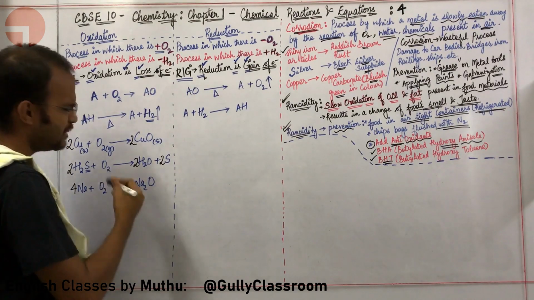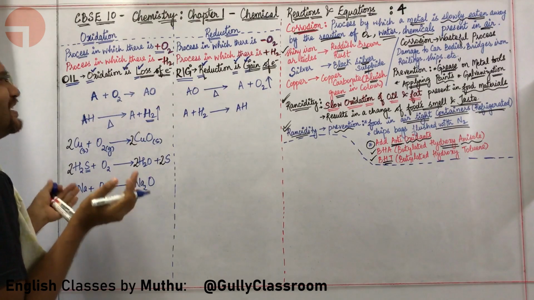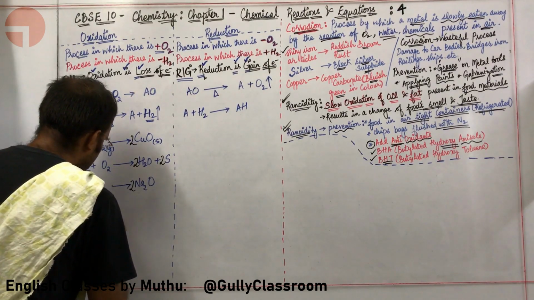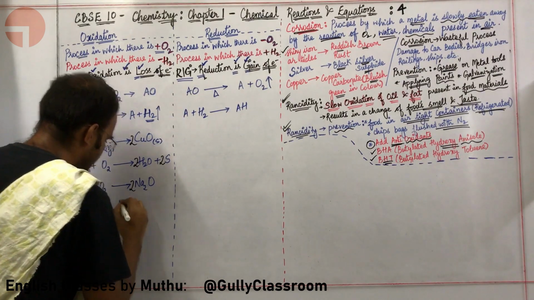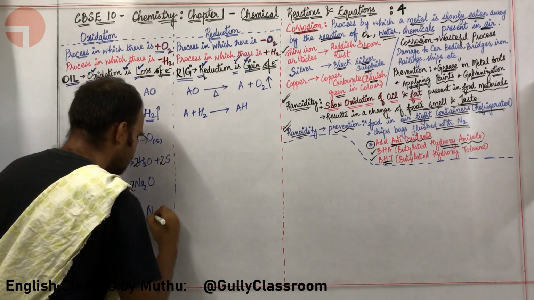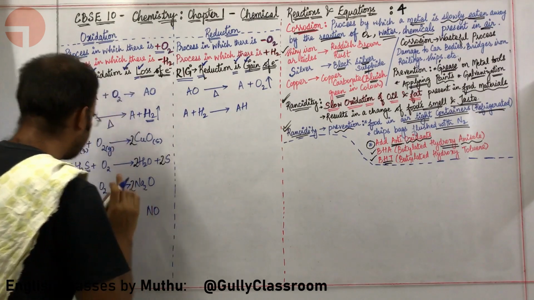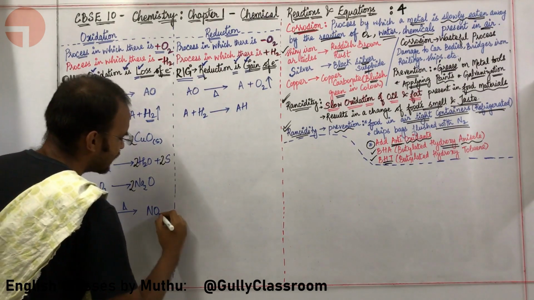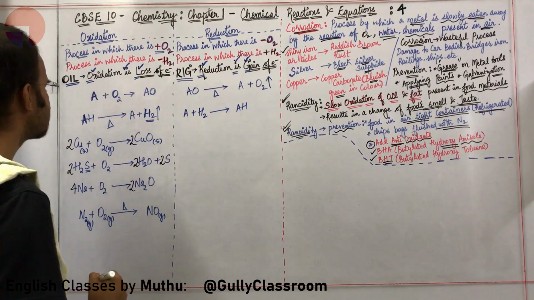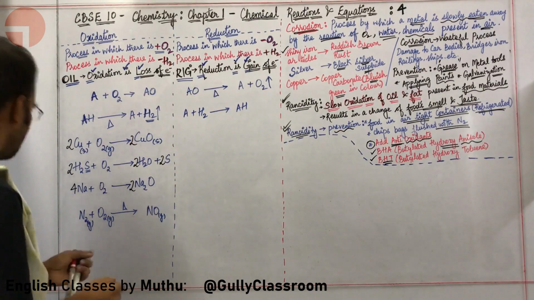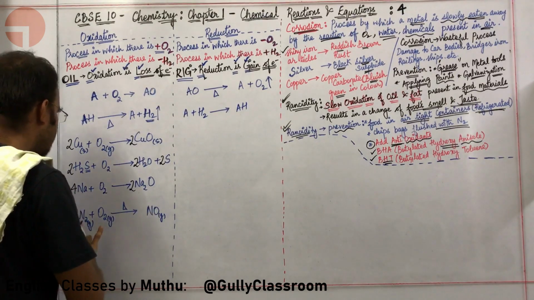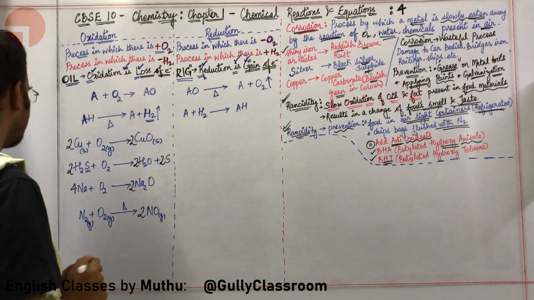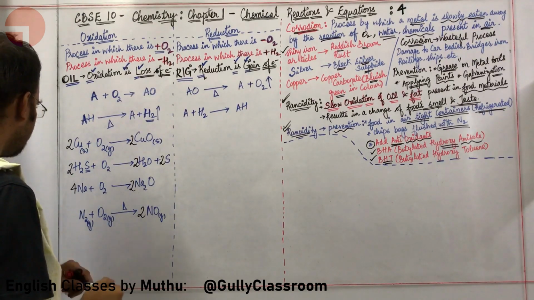Okay, sir. Give me some more examples in order to understand things better. Okay, let us go for N2 plus O2. I am going to heat this. What will you get, sir? I will get NO. N2 is also a gas, oxygen is also a gas, NO is also a gas. How am I going to balance this particular reaction? Here there is 2 nitrogen, here there is 2 oxygen, so I am simply going to put a 2 over here. Okay, sir, I am comfortable with this.